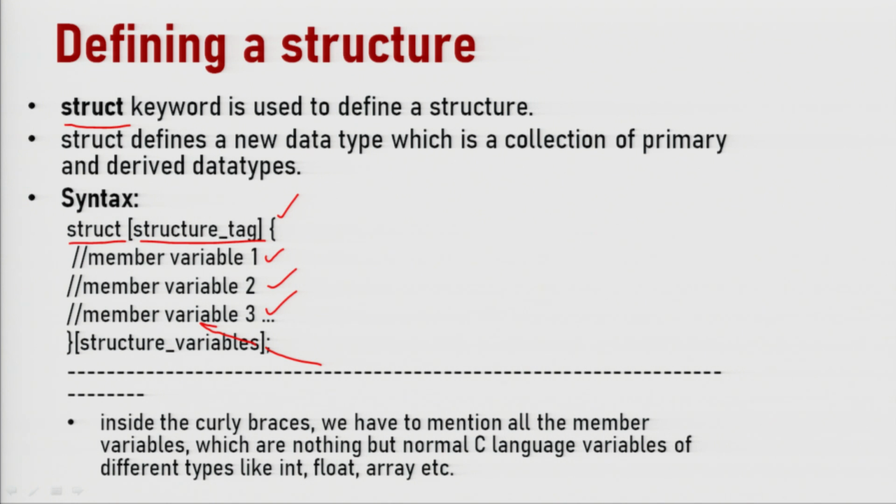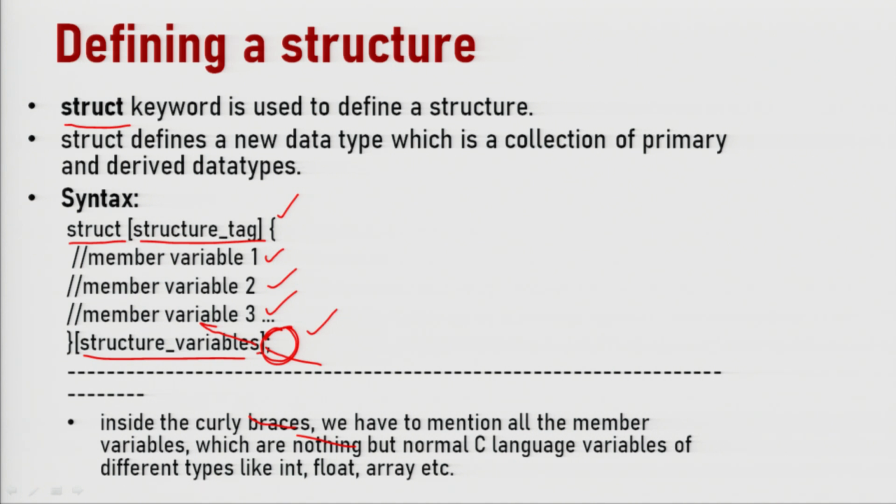Now, just see here the semicolon comes over here. This semicolon tells that this is the end of the definition of a structure. Before this semicolon we can declare the structure variables. So, for a structure we can have any number of variables which will be declared over here before this semicolon, because this semicolon is telling us that here the definition of the structure is being closed.